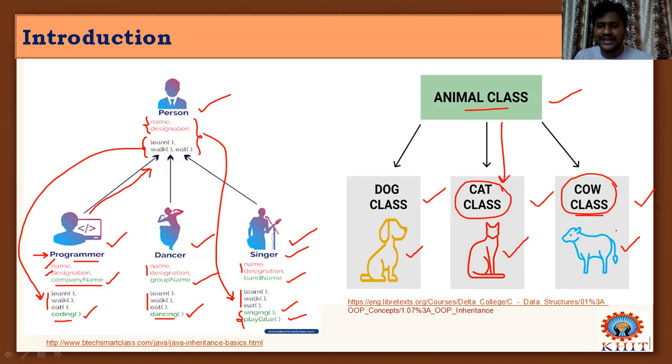So like this, we can adopt these types of approaches in programming design. Specifically, this inheritance comes in the concept of object-oriented programming. It is one of the most important principles, and using this inheritance approach in designing programs or solving complex programs gives complete efficiency, in object-oriented languages like C++ and Java.